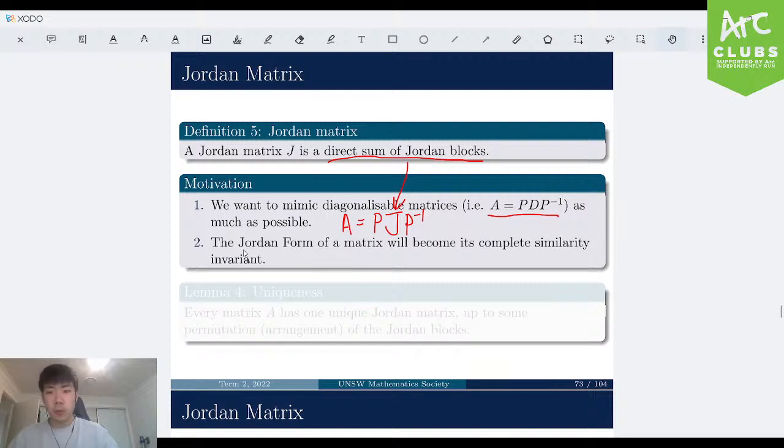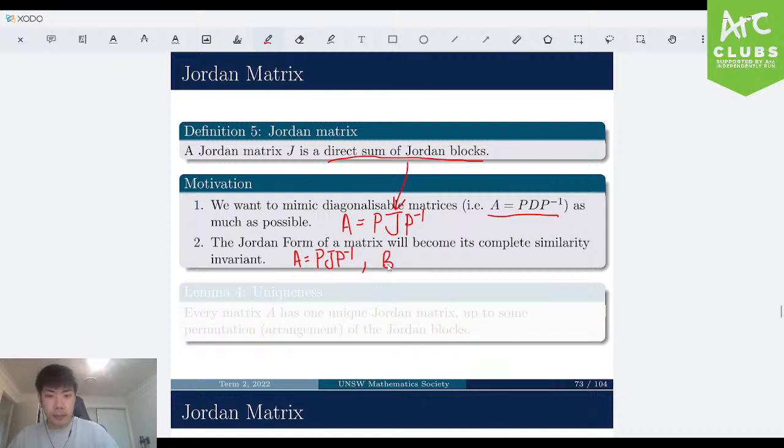And as for part 2 of our motivation, throughout the course, you would have learned something called similarity invariants. This includes stuff like determinants and traces, but you were never exposed to a complete set of similarity invariants. And so one thing that the Jordan form gives us is this complete similarity invariant. So for example, if I can write matrix A as some matrix P times J times P inverse, and some other